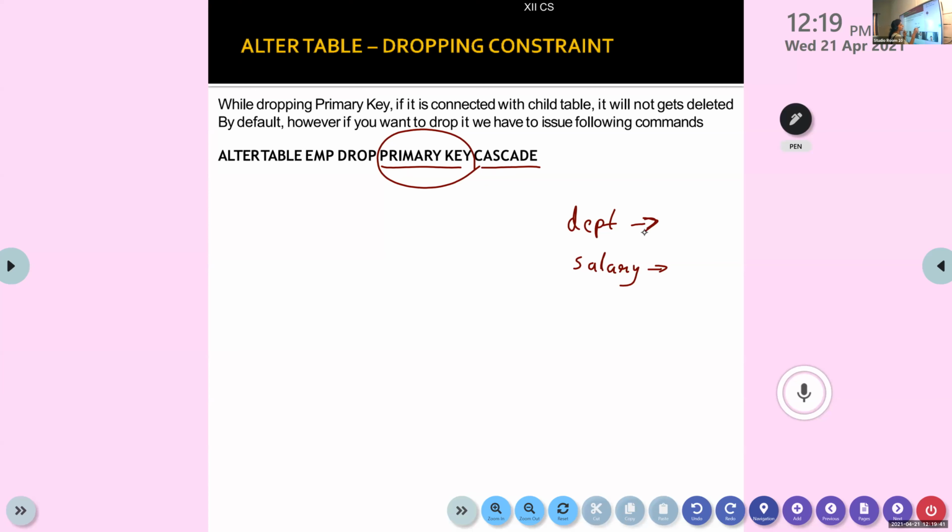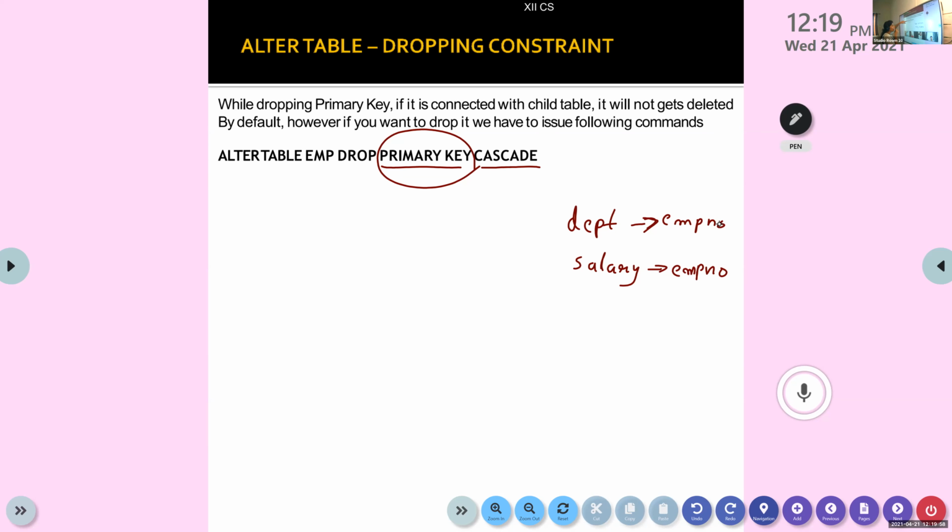There also it is a foreign key. So when you write this cascade, all these foreign key things will be removed.